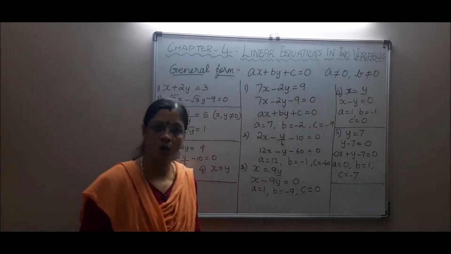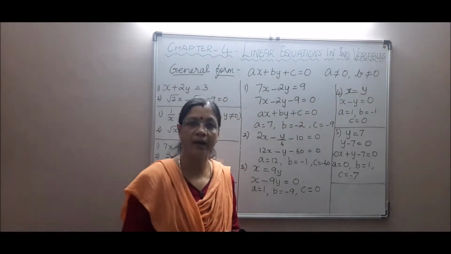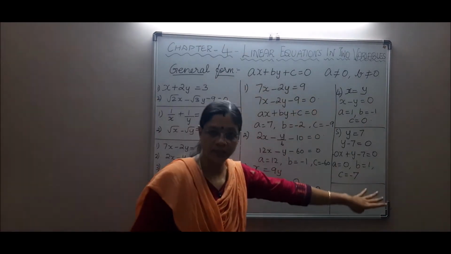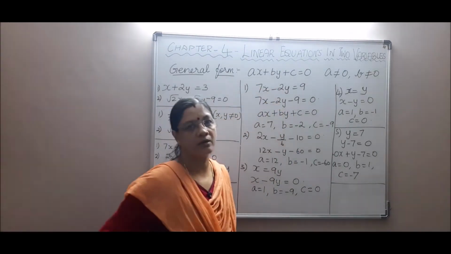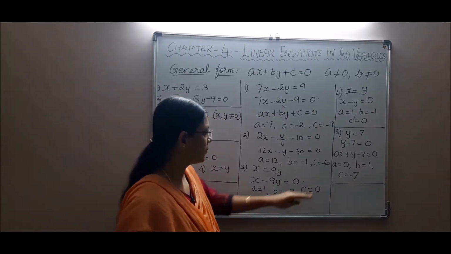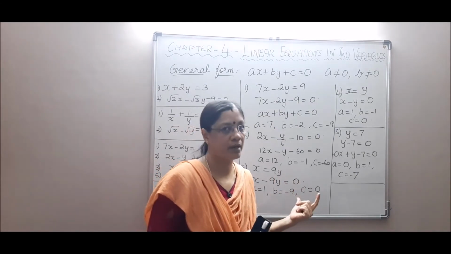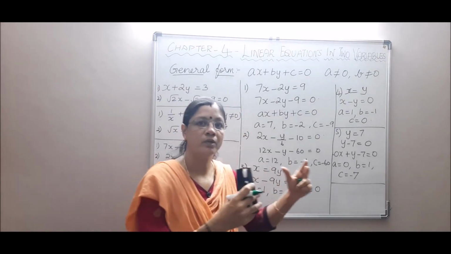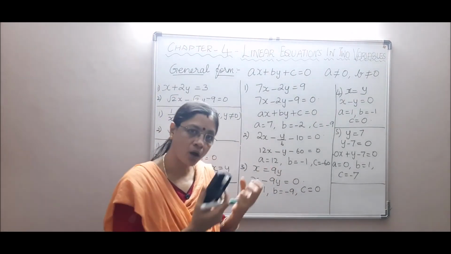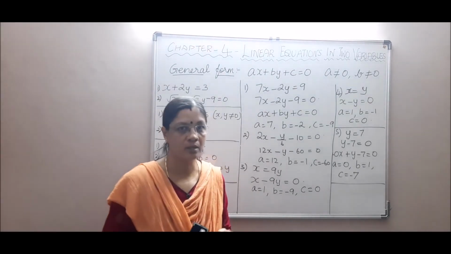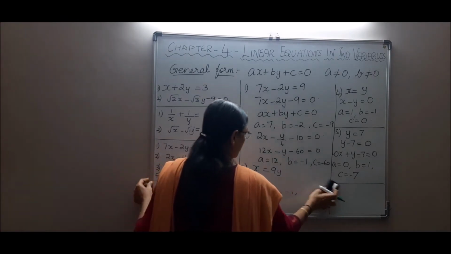So when comparing, I get a is equal to 0, b is equal to 1 and c is equal to minus 7. So that is how we understand the linear equation in two variables and the values of a, b and c by bringing the given equation to the standard form. Do you understand? I hope you would have understood what linear equations in two variables are, what a and b mean, how to pick the coefficients from the equations and the constant terms separately. Okay, now let's see some more equations.